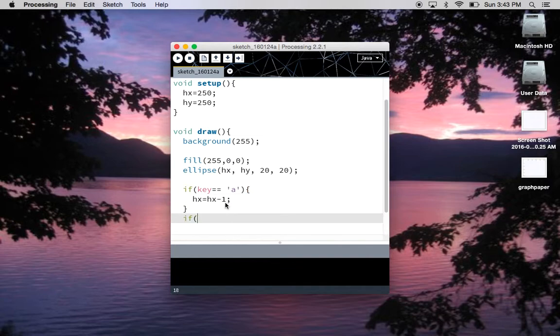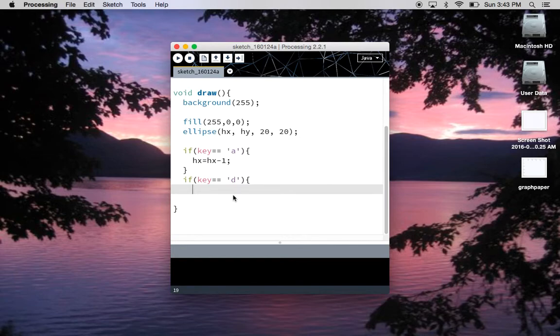Then I'm going to do the same thing for the rest of these keys, just changing which variable I'm moving in which direction. So if key equals D, so that would be for the character to move to the right, so that's hx equals hx plus 1, right movement. And actually we can test this right now without doing up and down, so if I play it,